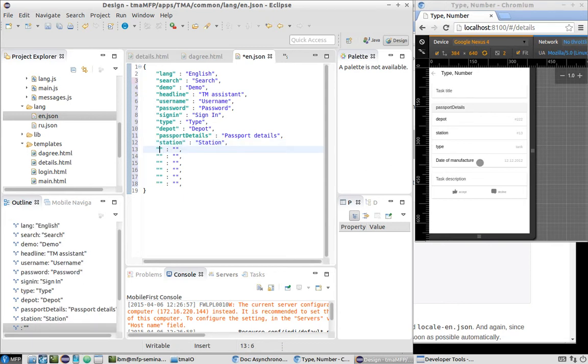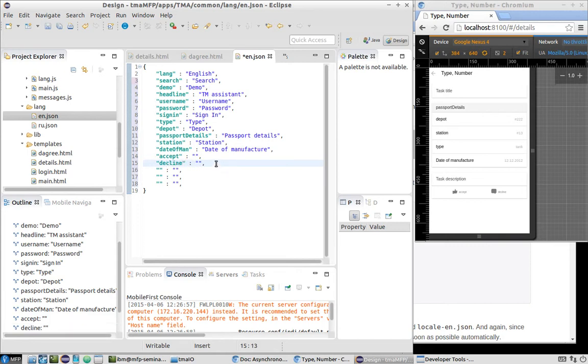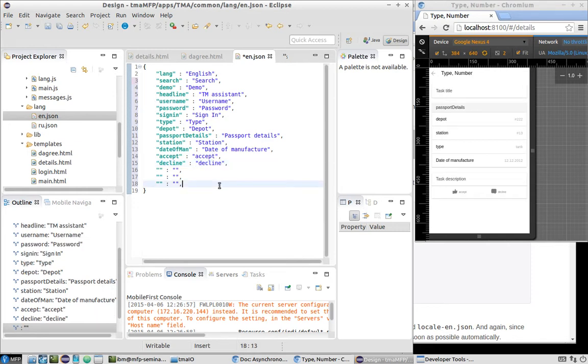And actually we missed date of manufacture, so let's add date of man, something like this. Then two buttons, accept and decline. Just like this. And the last page,